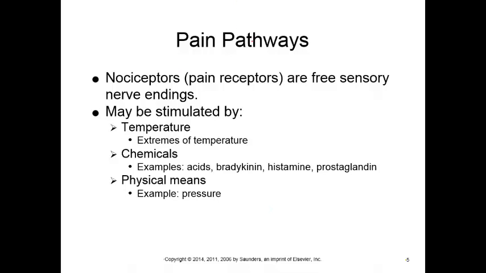So, pain pathways. The pain has to travel from the area of the body to the brain, because all our pain is basically registered in the brain. So we have what's called nociceptors. Nociceptors is just a special name for pain receptors, and they typically are free sensory nerve endings. So they're a sensory nerve, and at the end of it, instead of having an axon terminal or dendrite or something like that, it's just a little free nerve ending. It usually goes into the different tissues.